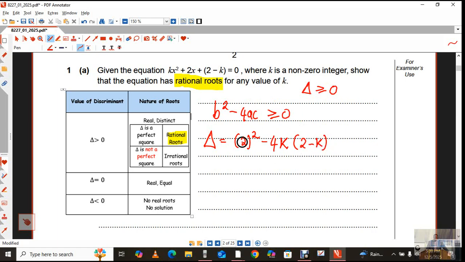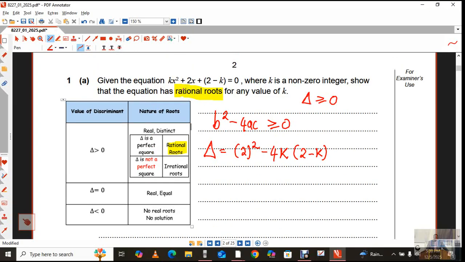We're expecting whatever we're getting here to be a perfect square. This is very important whenever you are told rational roots. So our a is k, our b is 2, and our c is the quantity 2 minus k. Let's clean this up. This is going to give you 4 minus, so you have negative 4k times 2, that's negative 8k. A negative times a negative is positive